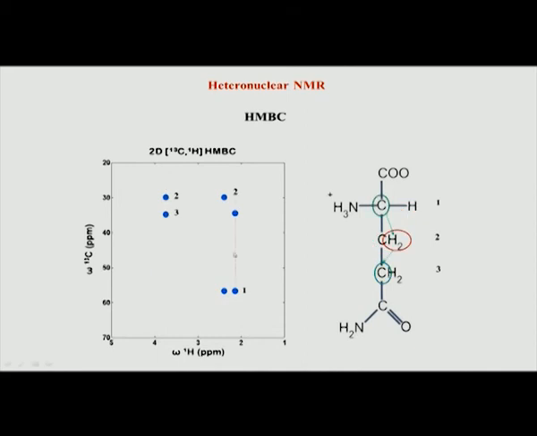Now, similarly let us go to the second carbon. Here this carbon's proton has a 2 bond coupling to here, and a 2 bond coupling to here. Of course, it also has coupling to the carbonyl and to the carbonyl amide, but that is not shown in this because the spectrum only goes from 20 to 70. We will see in the next few slides examples where we can exploit this carbonyl connection to the proton. For the time being, let us focus only on this.